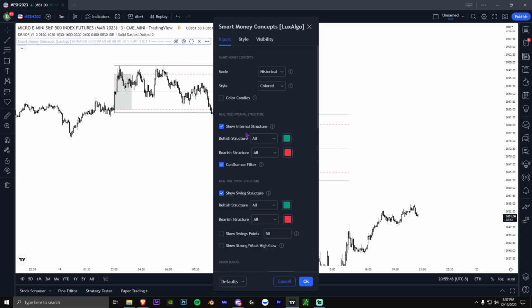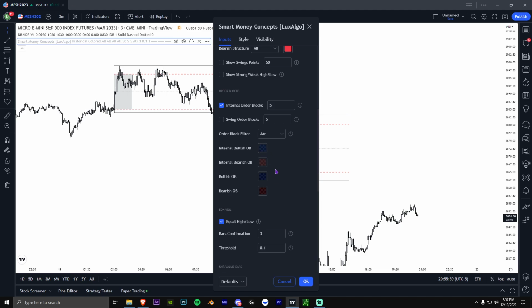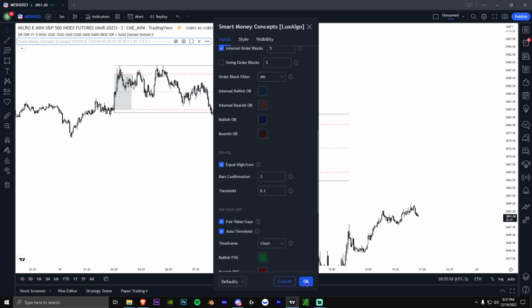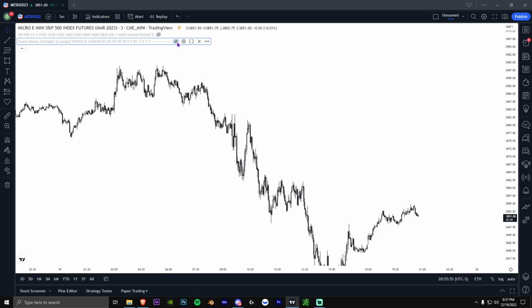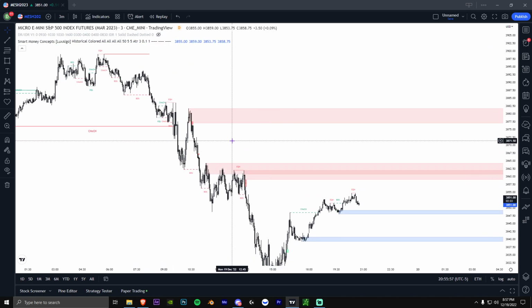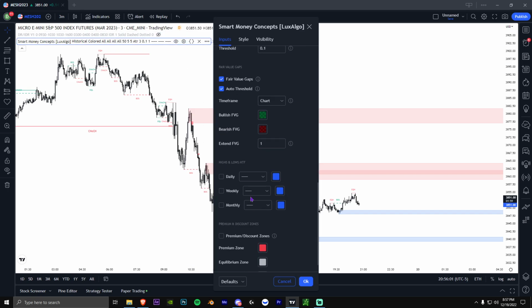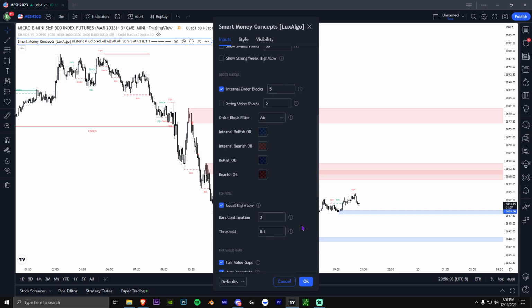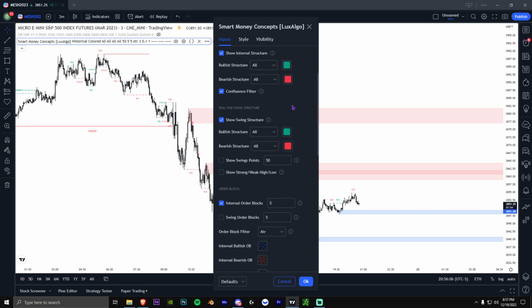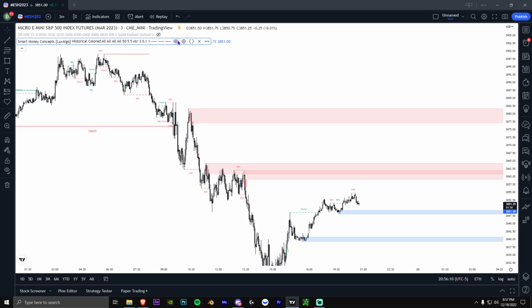Let me check this out real quick. Yes, okay, I see that. Yep, so it looks like you can turn on fair value gaps and stuff. Again, I don't really like indicators. You'll know which fair value gaps to take and which not to take after you watch the ICT videos, but